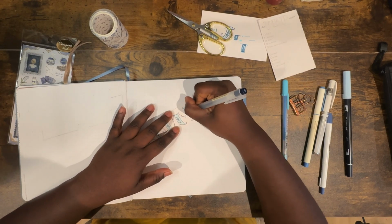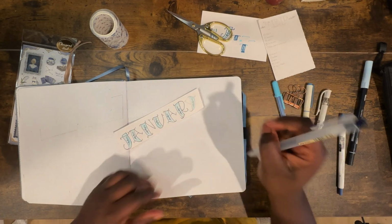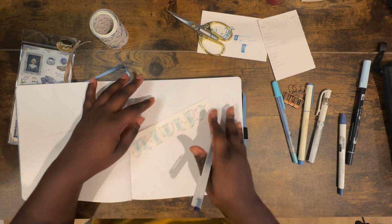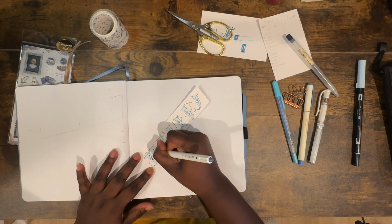I made a little bit of an error there and I end up going in with a white gel pen to clean up the mistake, and it did such a beautiful job of erasing it. It's like it never happened. I love it. Then I'm also filling in the flowers I drew inside of each of the letters with another